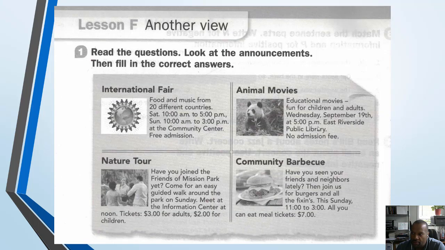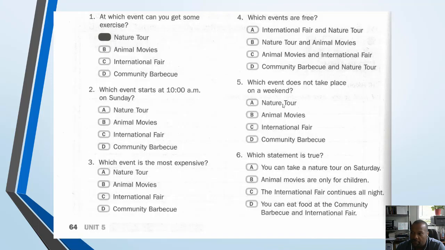Animal Movies are on Wednesdays, all right? So Wednesday here for Animal Movies, excuse me, International Fair, Saturday and Sunday. Nature Tours on Sunday, and the community barbecue is on Sunday, all right? So for that one, B, Animal Movies.